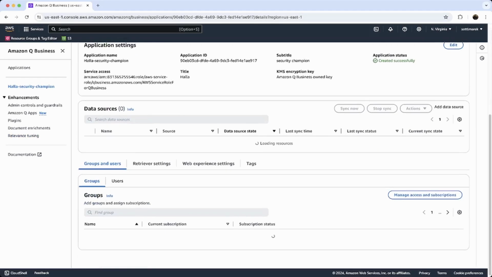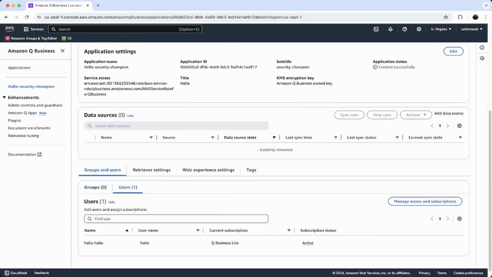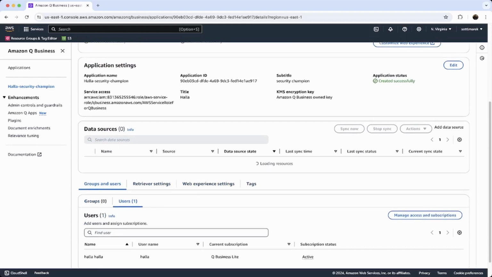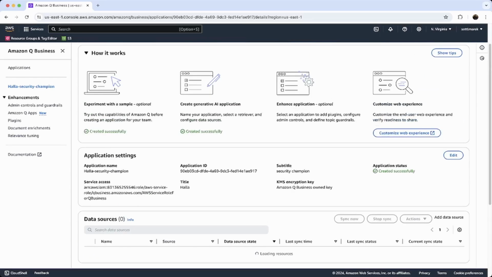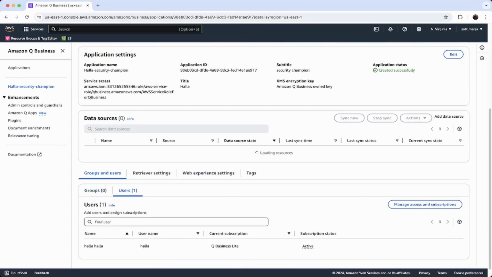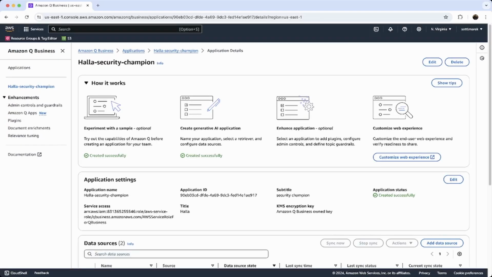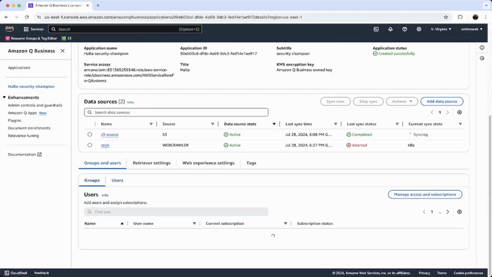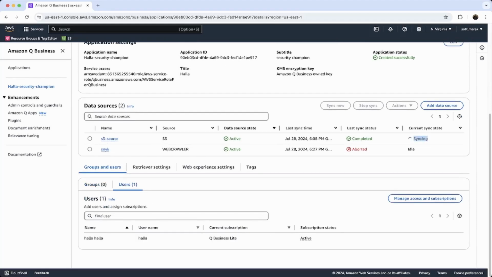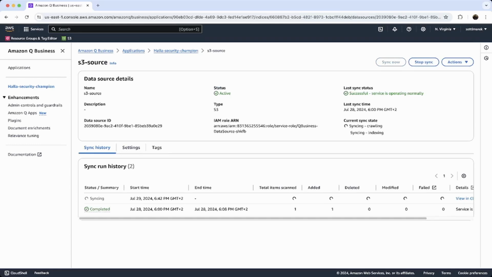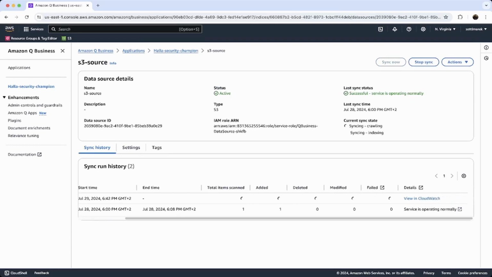So if I go back, you can see all of these things that are being done. You can even add the data source after the page has loaded. It takes some time. I really don't know why in this GUI the loading is happening here, because if I refresh the page, it should work normally. So here you see that the current state is syncing. So I will go back here because I added the new file, and it shows you the total items scanned and edited,